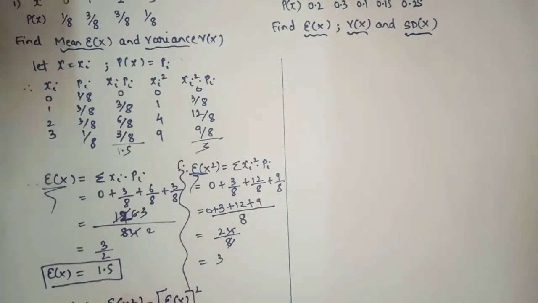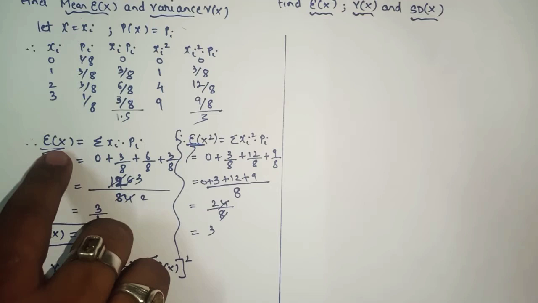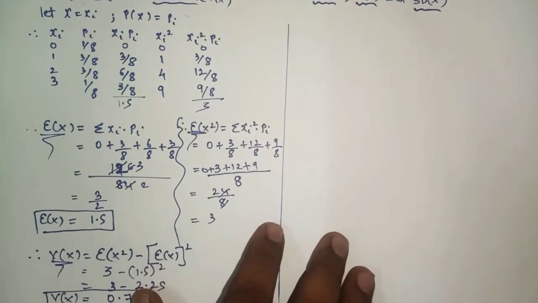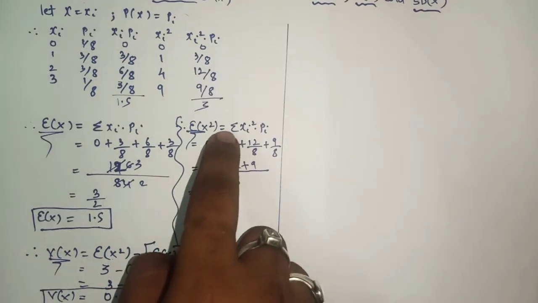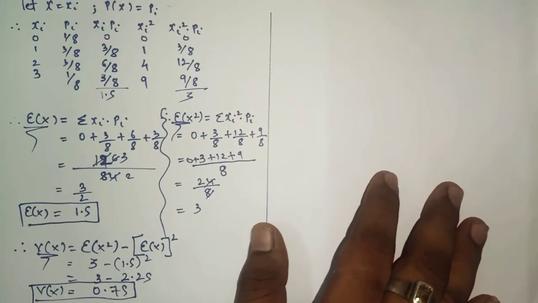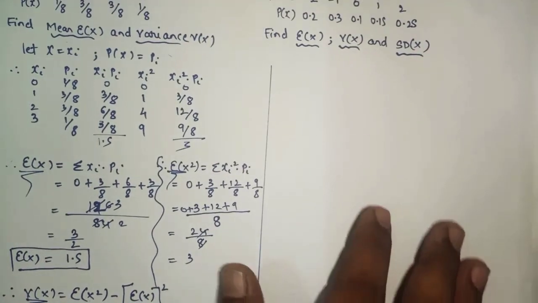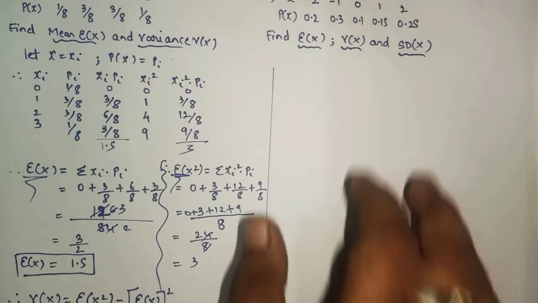After the table, first you will find E of x. After finding E of x, don't directly find V of x. Before that, you find E of x square. Okay, so we'll take one more sum based on this type, where we'll see